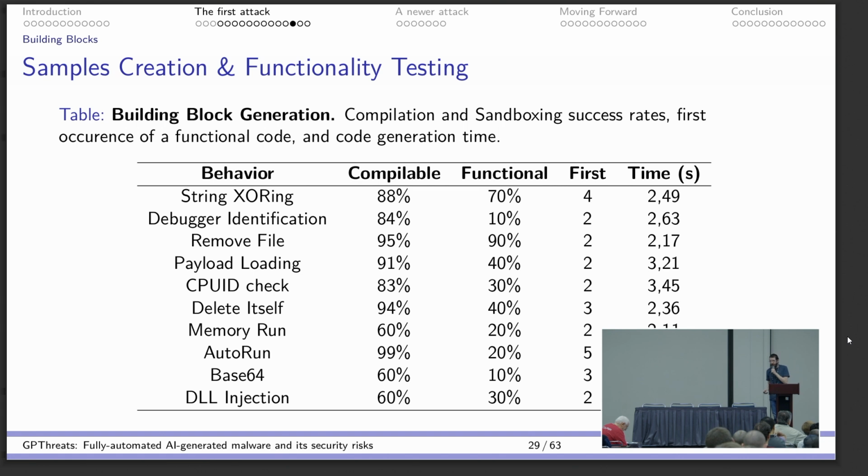And sometimes they compile, but they do not run. We tested everything in a sandbox to see if they run as expected. Sometimes they compile, but they just crash because it's a null pointer or something like that. Except for my Programming 101 students that believe that compiling and running is the same thing, but it's not. So we tested. But in the end, in the end of the day, it is possible,